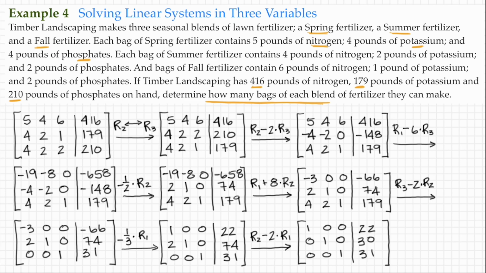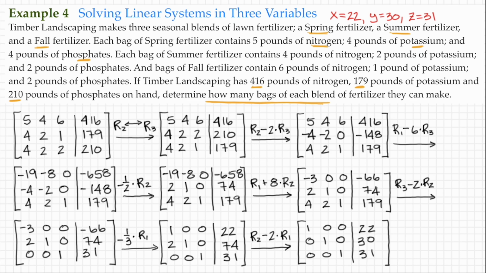So as we can see here, if this is our x, this column here, then x is equal to 22, and x represents the bags of spring fertilizer. So that would be x is equal to 22 bags of the spring fertilizer. If this represents y, then y is equal to 30, and y is our summer fertilizer, so y is equal to 30 bags of the summer fertilizer. And then z here, that's equal to 31. And z is our fall fertilizer, so we should do 31 bags of fall fertilizer. So the solution should be 22 bags of spring fertilizer, 30 bags of summer fertilizer, and 31 bags of fall